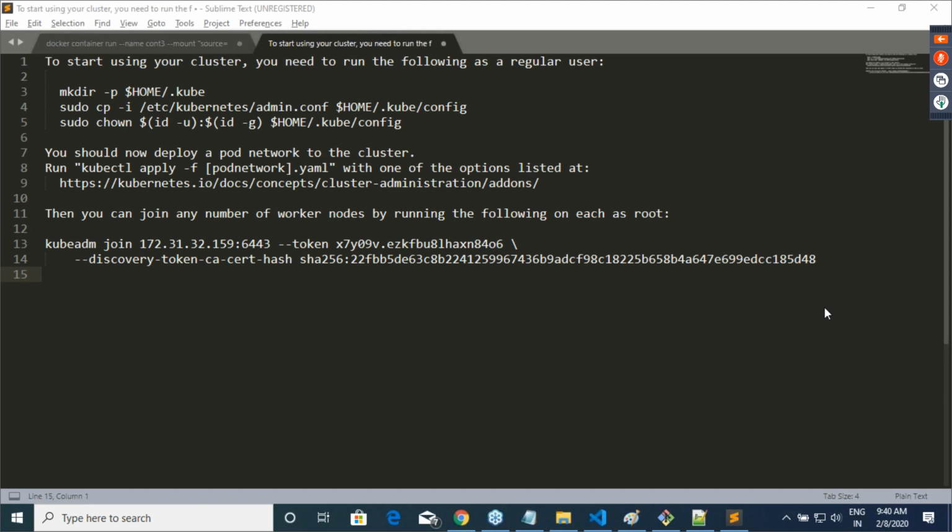Kubeadm doesn't need to be installed as the root user. All the kubeadm commands have to be run as the root user itself. There is only one command where, while you are executing it, you have to become a non-root user. If you become a non-root user, then any command you want to execute on a master node, you need not be a root user. You can log in as a normal user and then execute these commands.